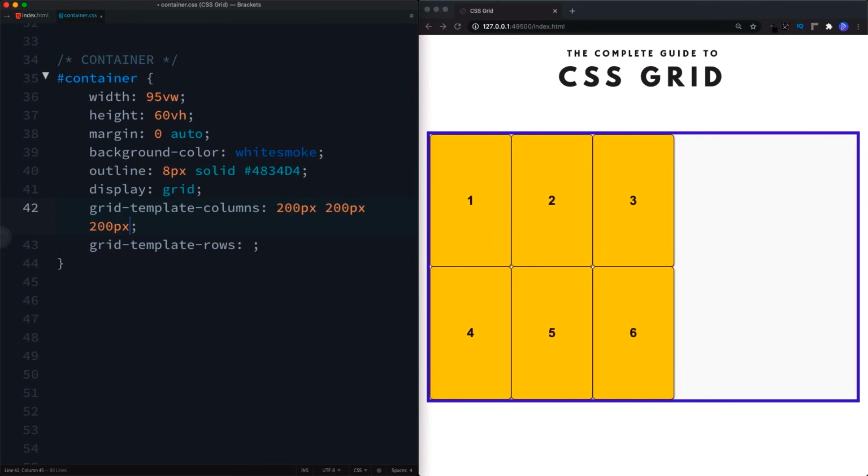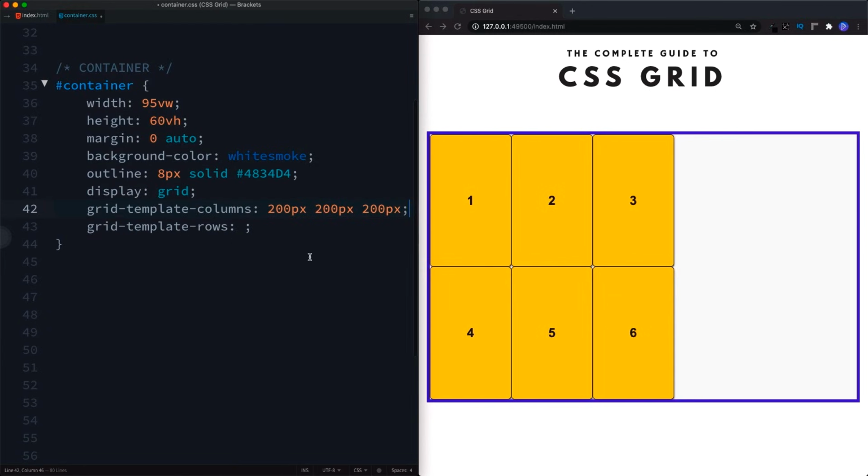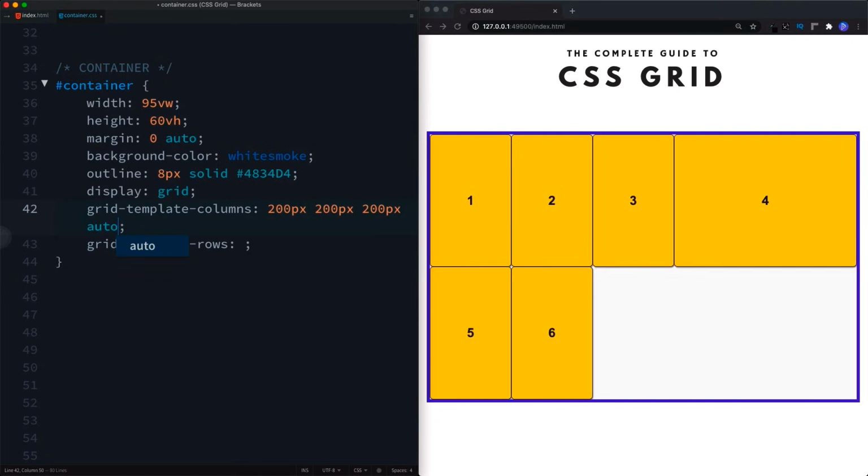And another one. So now you see we've specified 1, 2, 3 values. Let's just minimize this bit. 1, 2, 3 values, and we have 1, 2, 3 columns that each are 200 pixels in width. Now notice we've got some extra spacing here, and whenever we want our items to fill up any extra space that we've got, we can simply say auto. And now items fill up this extra space.